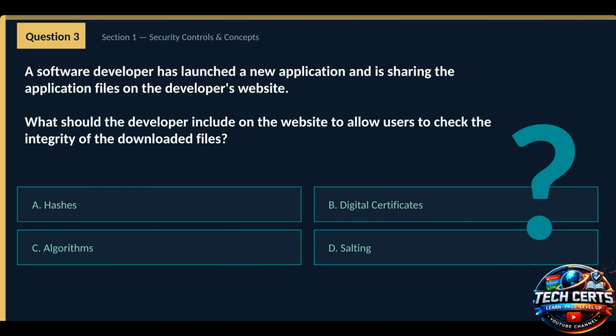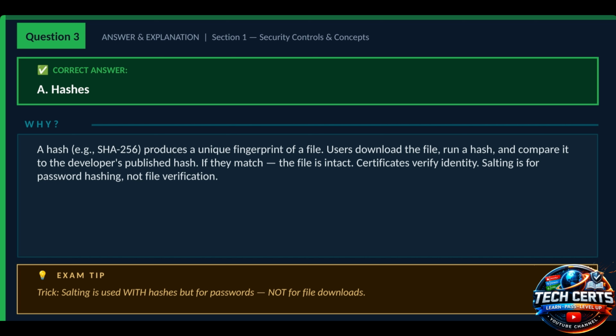Question 3. A software developer has launched a new application and is sharing the files on their website. What should the developer include on the website to allow users to check the integrity of the downloaded files? The correct answer is A, hashes. This is all about integrity, making sure the file you downloaded is exactly what the developer put up and not tampered with in transit. A hash, like